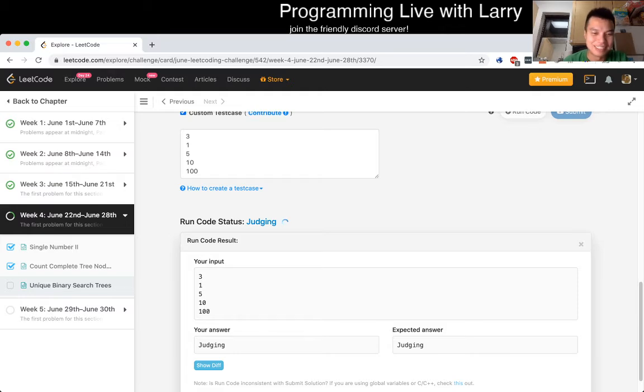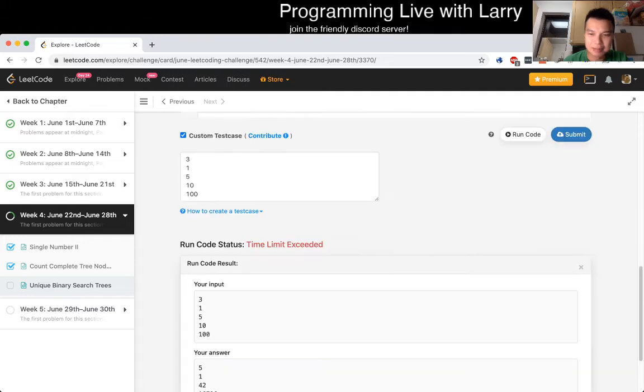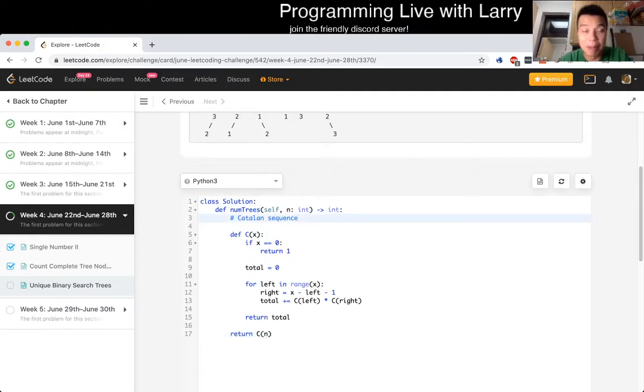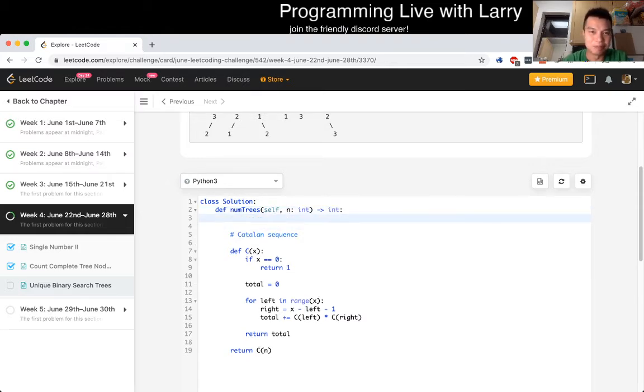Probably will time out because the numbers go pretty quickly. But it seems like we're heading in the right direction. And now we just have to add memoization. Some of you at home might know that in Python there are libraries to help you with the memoization. I'm just going to put it in arrays